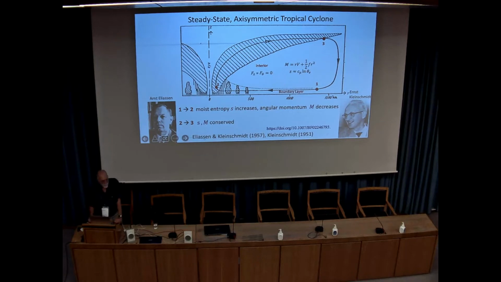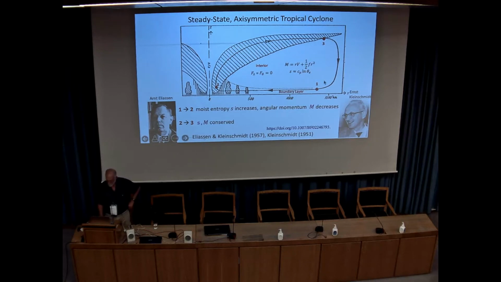So in going from 1 to 2, moist entropy increases. It loses angular momentum to the surface, but not so much that it can't spin faster. So whatever's left is spinning fast. It conserves more than it loses, so that the air spins fast as it gets to the center. From 2 to 3,